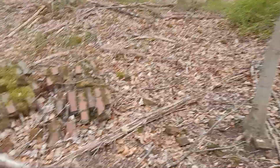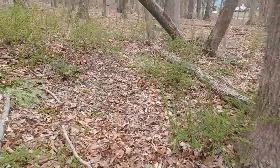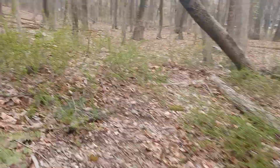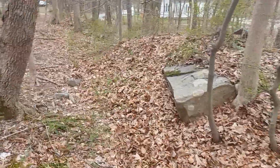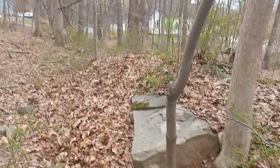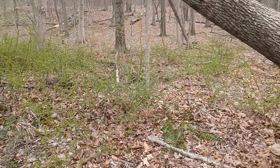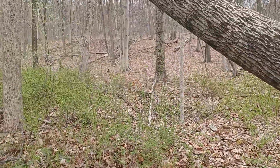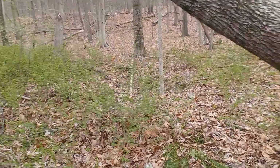So there's a whole lot of history here. I've gone over it before, but there's a lot more to say when you look at it in specific terms from different locations. So the school was already on the 1874 Beers Atlas of Warren County, and I believe it was around that time that a lot of these newer schools were put in. See, there's kind of a hole here. I think that's associated with the school. I don't know if it was the privy because it's kind of big, but